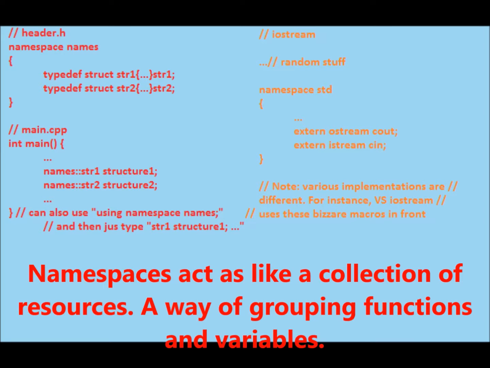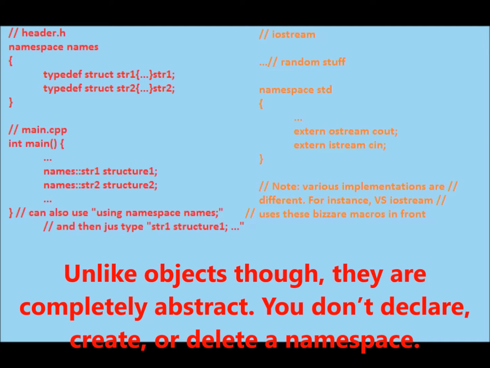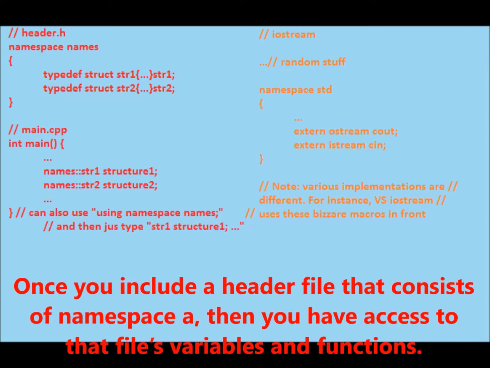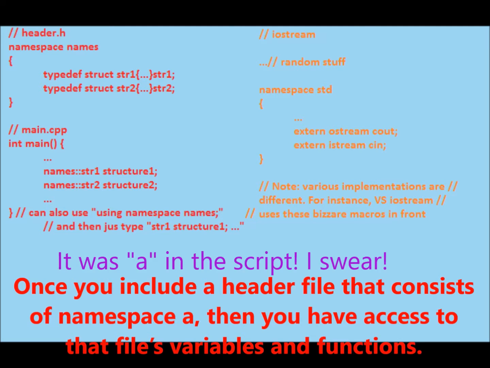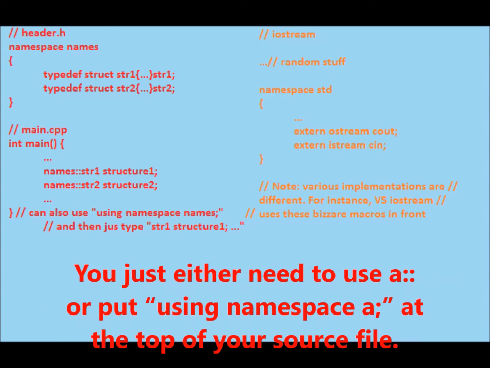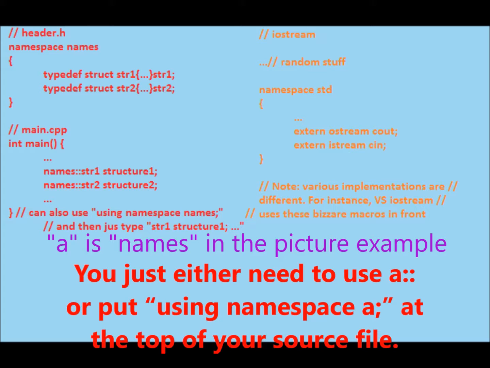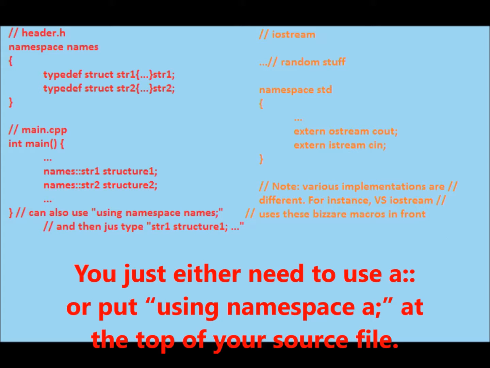Namespaces act like a collection of resources, a way of grouping functions and variables. Unlike objects though, they are completely abstract. You don't declare, create, or delete a namespace. Once you include a header file that consists of a namespace A, then you have access to that file's variables and functions. You just need to use A:: or put using namespace A; at the top of your